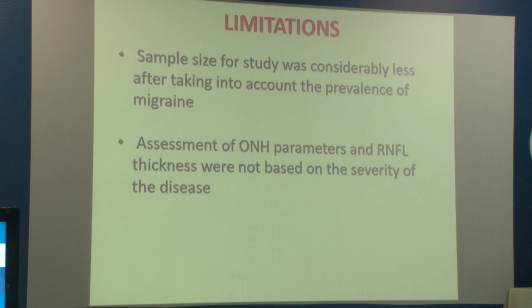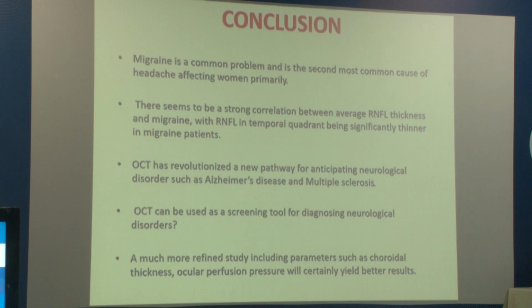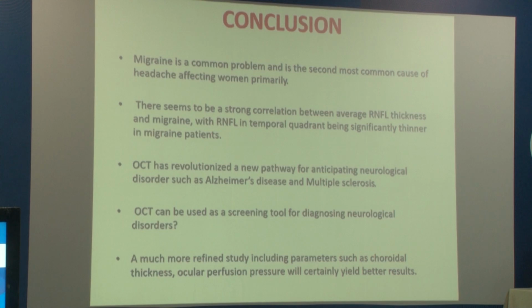The sample limitations. The sample size of our study was considerably less after taking into account the prevalence of migraine. The assessment of ONH parameters and RNFL thickness were not based on the severity of the disease. Conclusion. Migraine is a common problem and is the second most common cause of headache, affecting women primarily. There seems to be a strong correlation between average RNFL thickness and migraine, with RNFL in the temporal quadrant being